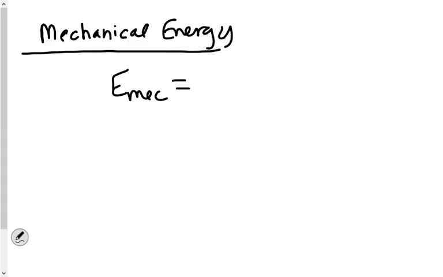Well, not exactly delta K plus delta U, but it's the kinetic energy plus the potential energy at any point. Which probably would have been helpful in your homework,